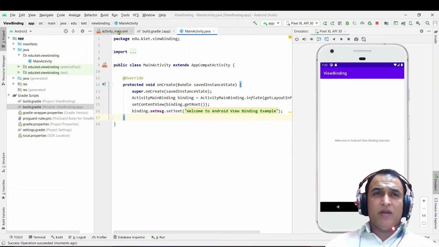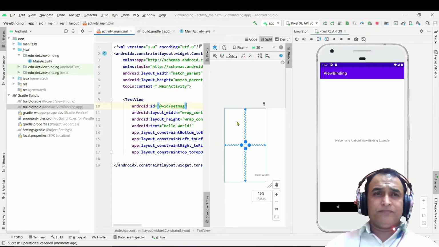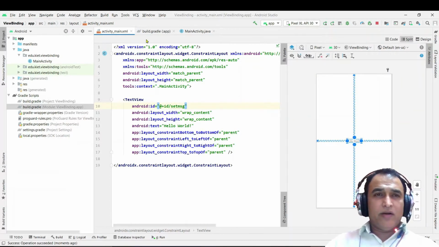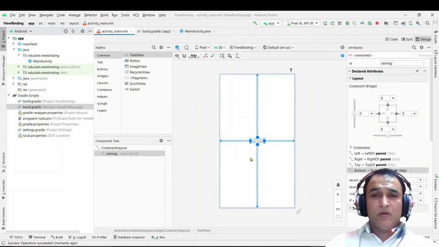Or if we have, for example, more layouts like this, and I want to add more components.